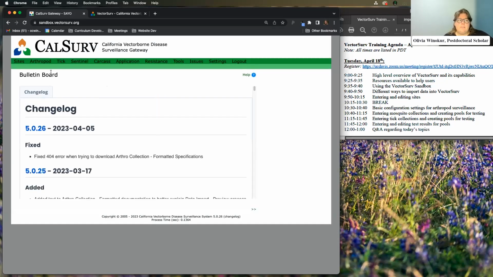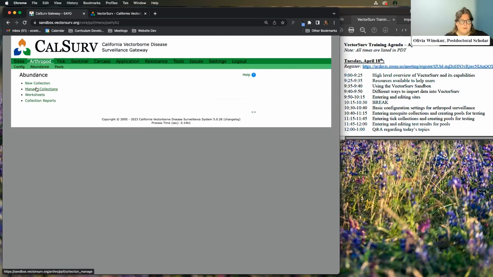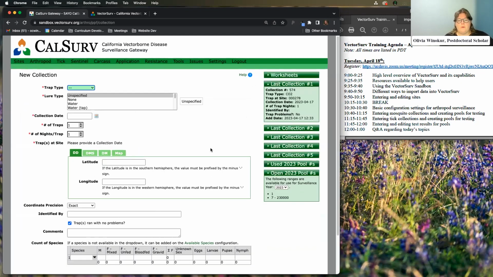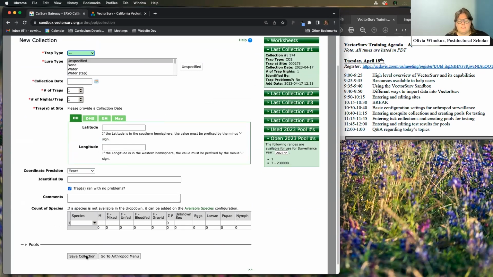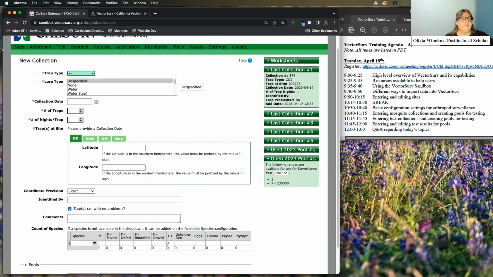The classic way to enter data, and don't worry if you don't understand what each of these modules are, we will go over those, is to use our actual modules and the forms available here. So if I wanted to add a new collection into our system, there's going to be a form you can fill out with all the relevant information to save that collection and import your data that way. You can do that for sites, for your new sites, for abundance and pools. You can use that for your ticks,